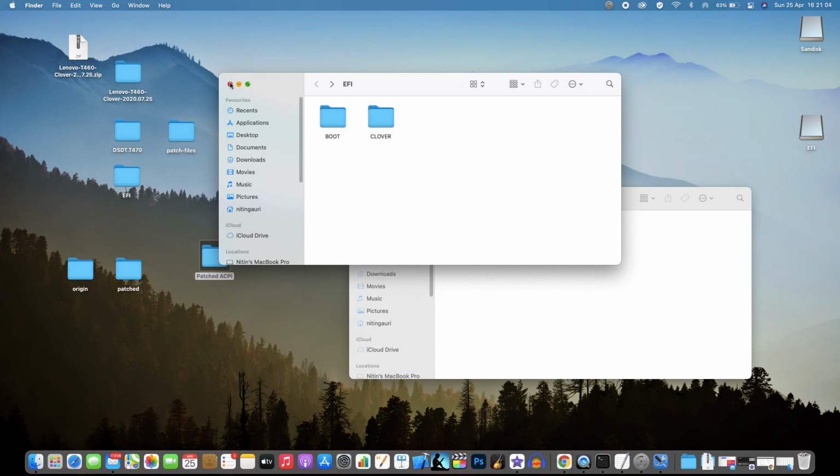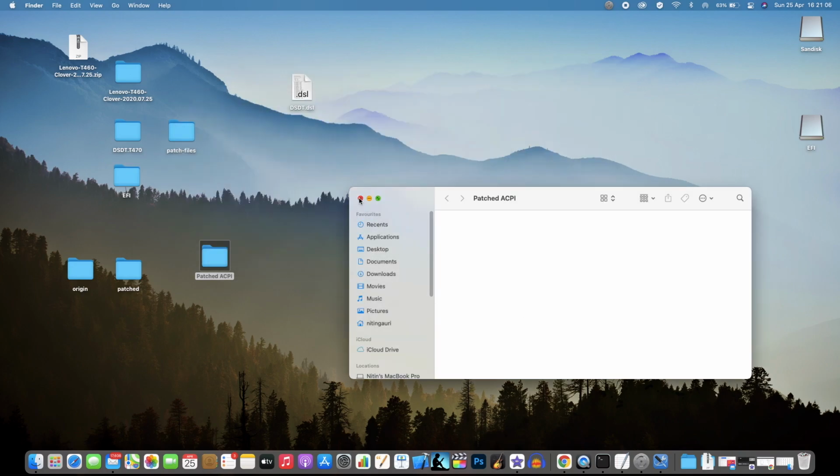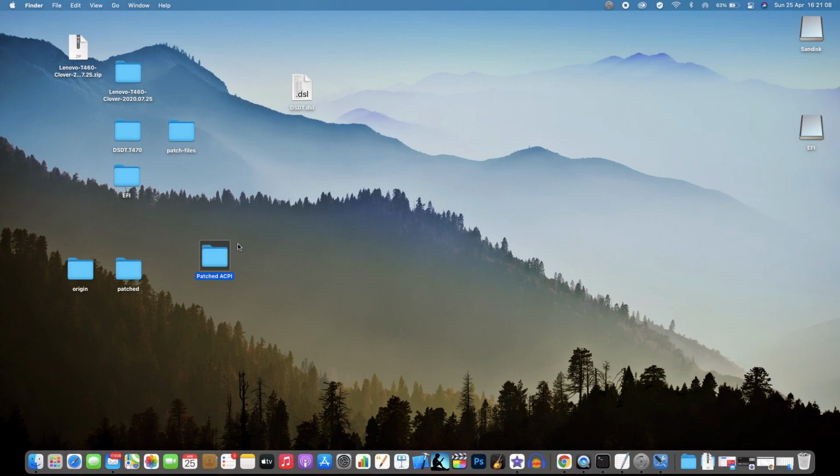I would be happy to help you with that. And this is it for today. This is how we patched DSDT. Once you patch the files, make sure you have these files pasted in your EFI, and make sure you back up these files in your Google Drive or anywhere safe, so that the next time when you crash your system and you have to patch your files again, you will have these files handy with you.